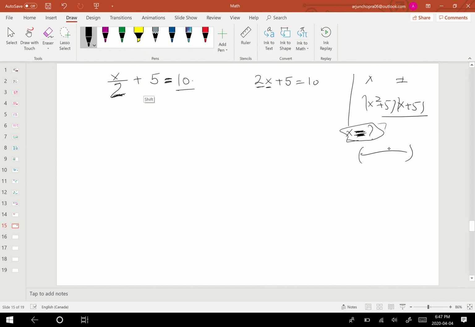So x divided by 2 plus 5 equal to 10. Again, this is an addition or subtraction with the x, so I will throw this 5 on the other side. x divided by 2, and then plus 5 equal to 10. What I'm going to do is minus 5 from both sides, and then these two cancel out, and that's going to give me 10 minus 5, which is 5, and x divided by 2,